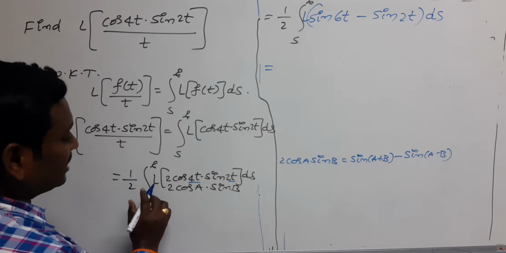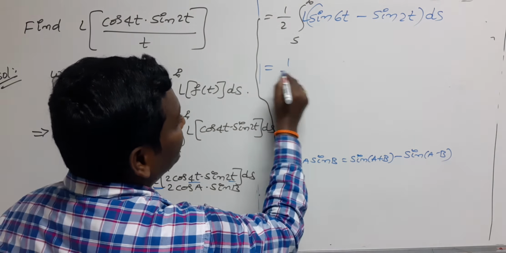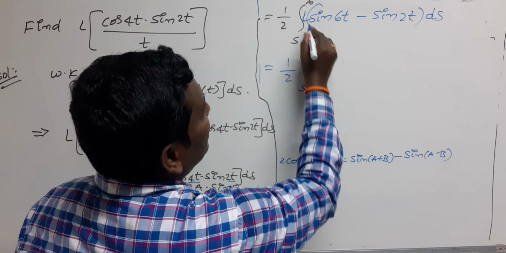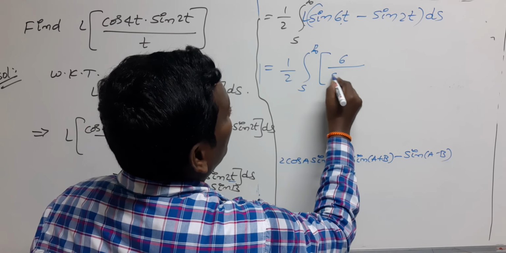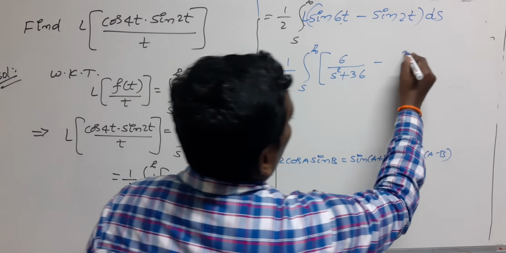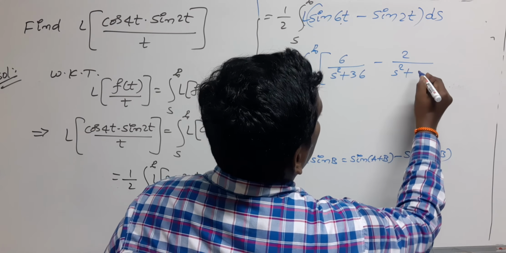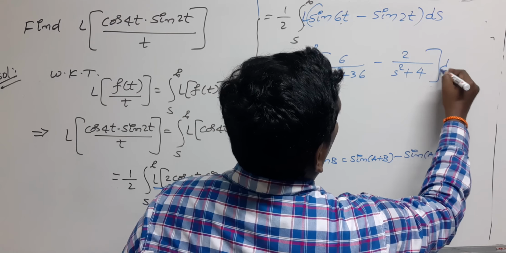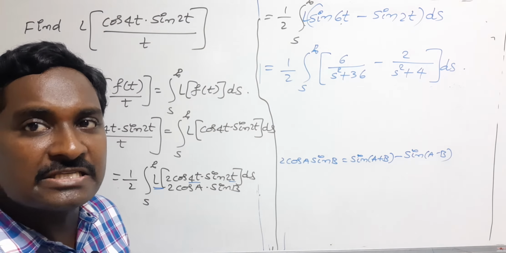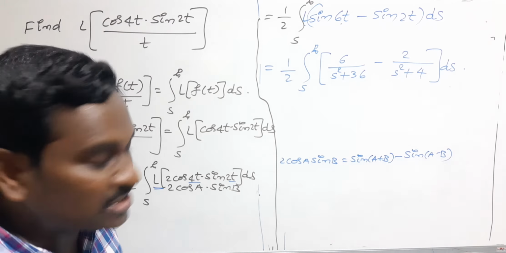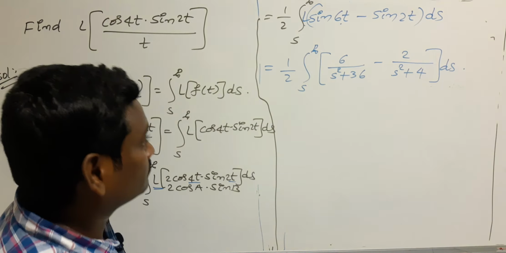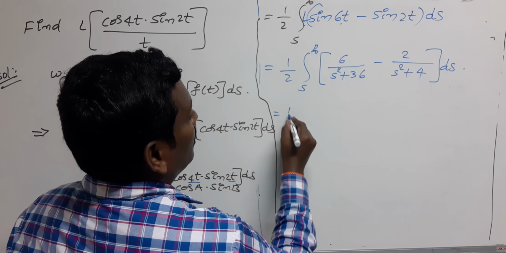Don't forget to write the Laplace symbol here. Half of into integral s to infinity. What is L of sin 6t? 6 by s square plus 36 minus 2 by s square plus 2 square, which is 4, of ds. This is the Laplace transformation. It is enough to simplify the integration now. Half of into,